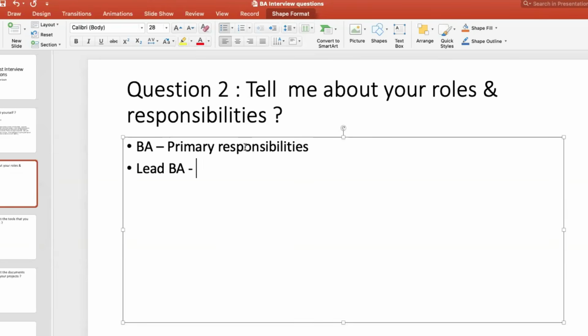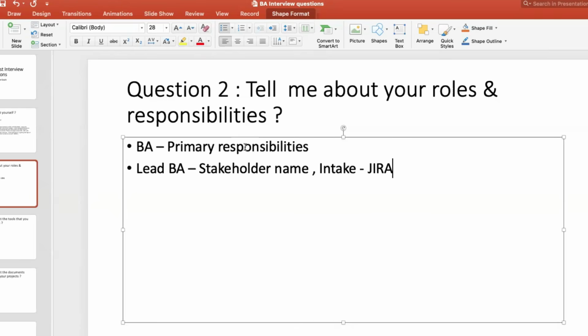So I'll say what I do in my project so that you'll have an idea what a lead BA will do. In my project, usually the manager will tell me, "Pradeepa, we have a new project, and these are the stakeholders' names, and you please proceed." That's all. So I'll get only two instructions: the stakeholder names, and what the project is about on a high level. That intake can be done through Jira.